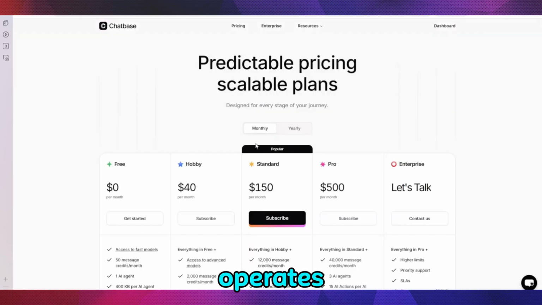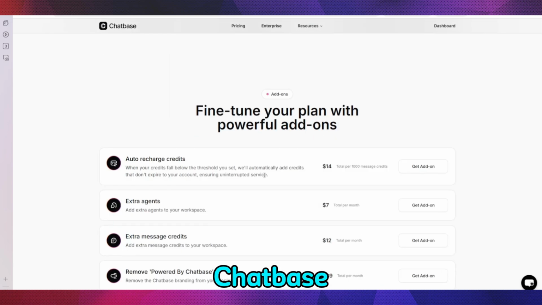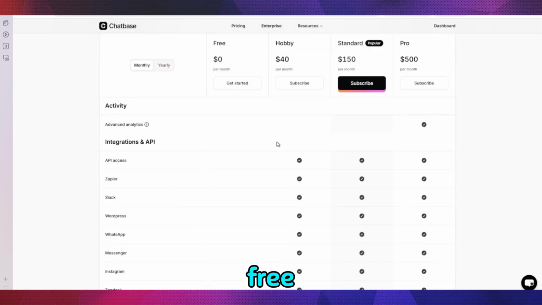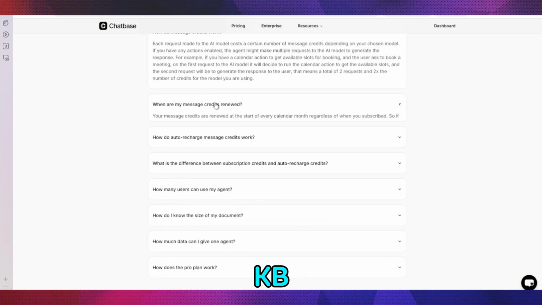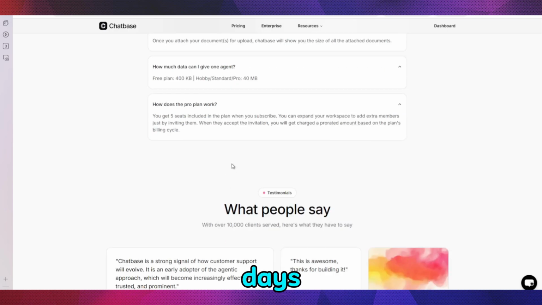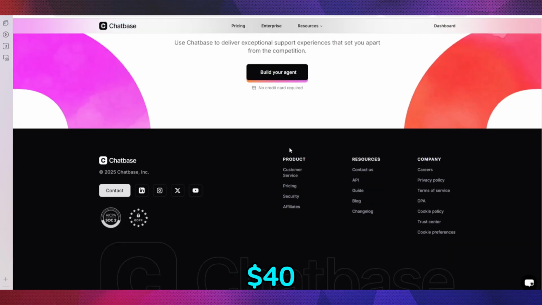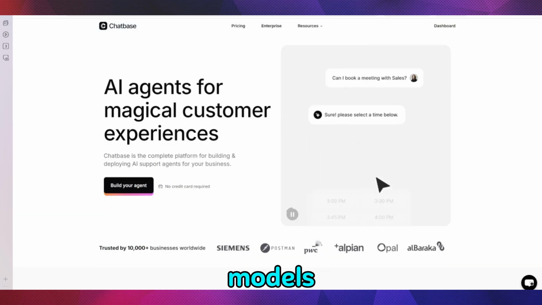The platform operates on a subscription model where plans are determined by the number of conversations, or credits, you need per month. Chatbase offers a tiered pricing structure starting with a free plan that provides 50 message credits per month, one AI agent with a 400 kilobyte limit, and access to fast models, though agents are deleted after 14 days of inactivity. The hobby plan at $40 monthly increases the limit to 2,000 message credits, unlocks advanced models,